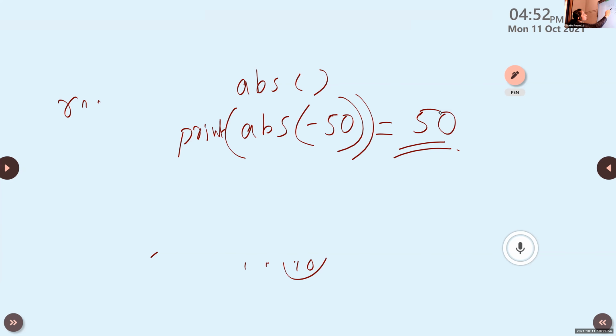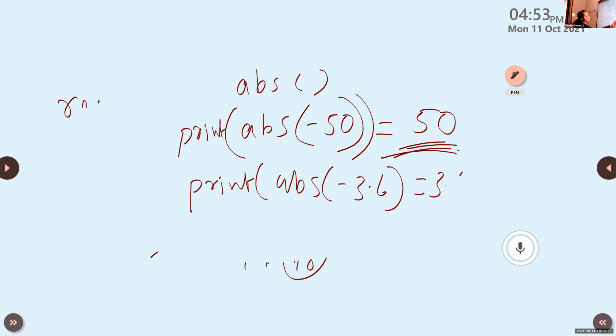That is, it just removes the minus symbol and the result is 50. And another one, if I'm giving print(abs(-3.6)), here the answer is 3.6. Okay. So abs is a function to return the absolute value.